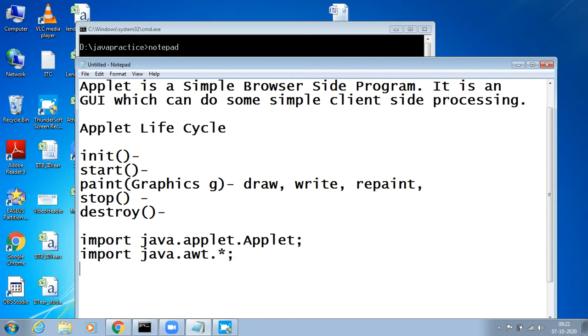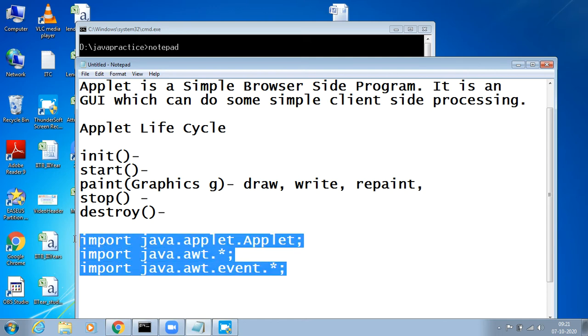If you want to do any kind of event operations on applet, say java.awt.event.*. See, if we import these 3 packages in the program, that will obviously make our program more appropriate. So every program of applet and the upcoming AWT programs, these 3 are to be added.